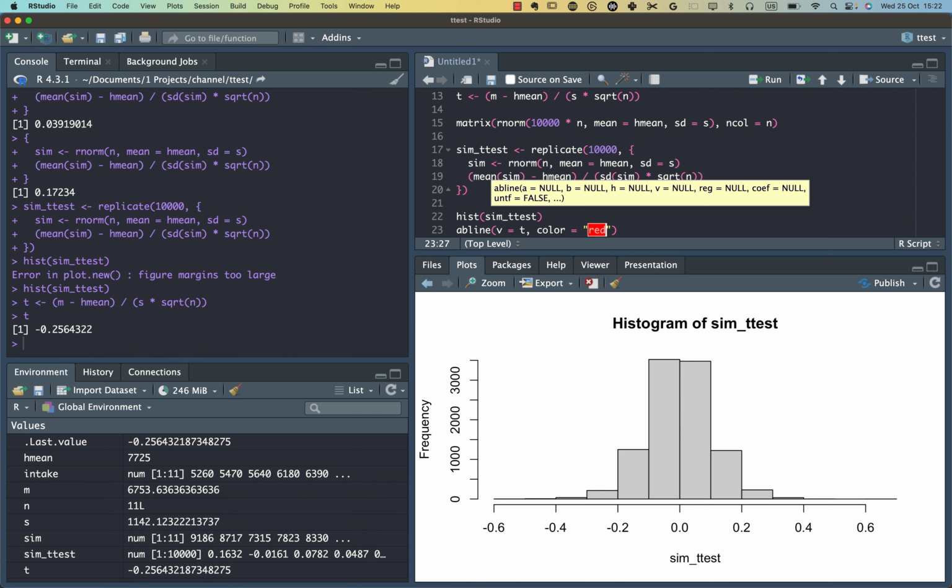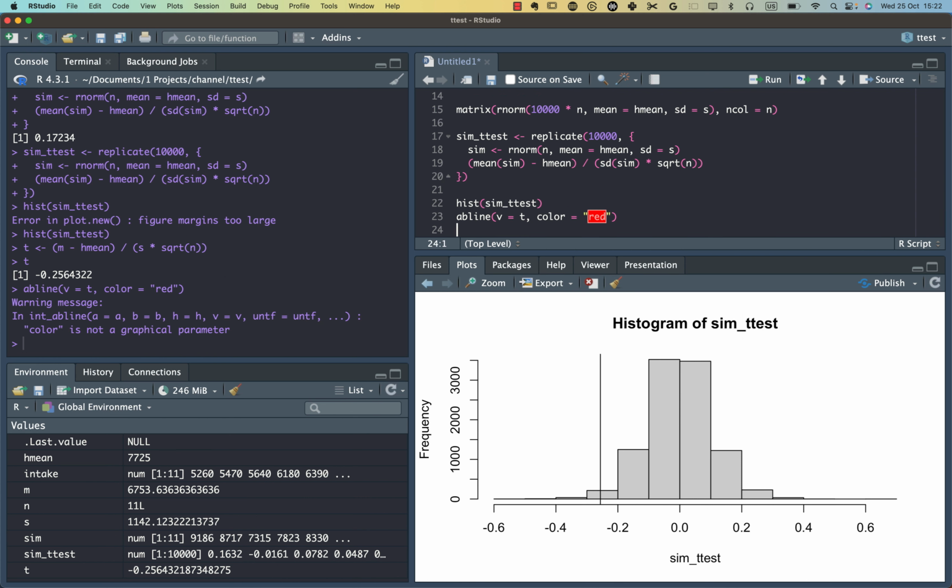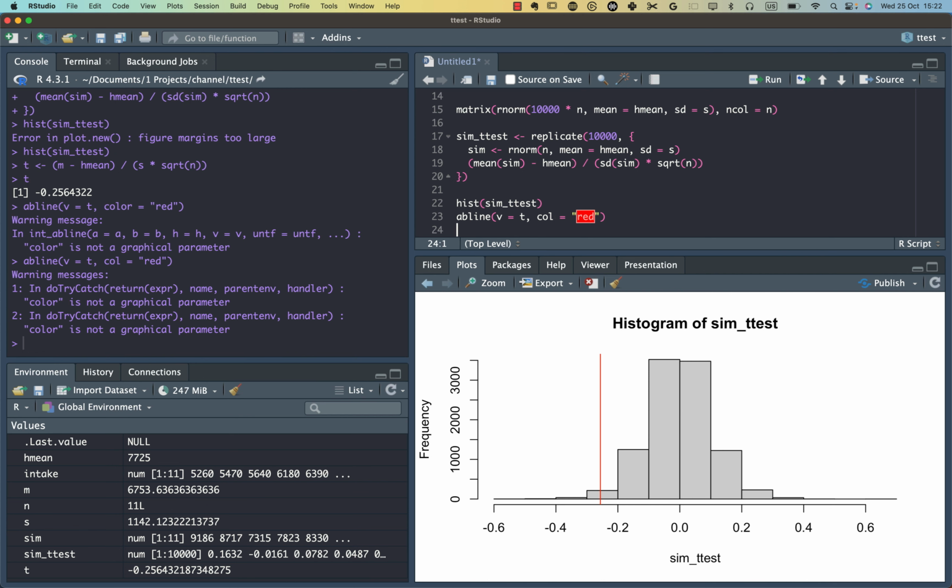I'm going to color it red. Okay, so you see here, this is the value that we get from the original sample. And as you can see, it's very low compared to the rest of the distribution. So visually there's some evidence that the true mean is not the one specified by the null hypothesis,